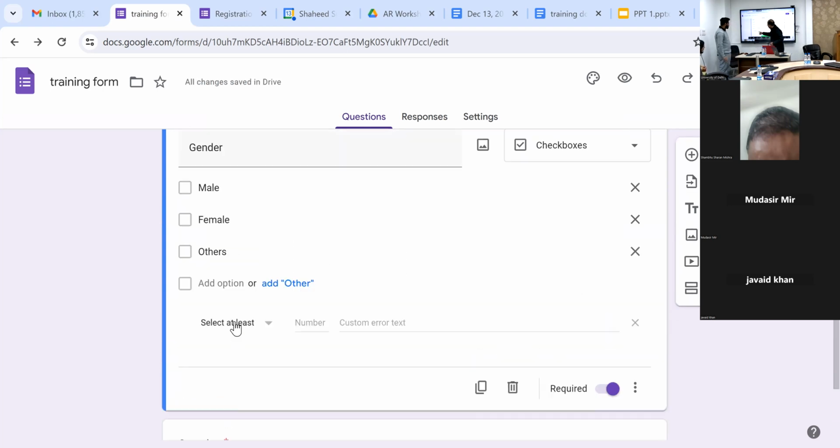Here we have the option. सेलेक्ट एटलीस्ट कितना, एटलीस्ट कितना सेलेक्ट कर सकते हैं, लेट्स से आपको एटलीस्ट 2 ऑप्शंस सेलेक्ट करने हैं तो एटलीस्ट दे सकते हैं, इसमें सिलेक्ट एटमोस्ट कर सकते हैं, तो यहाँ मुझे एक ही ऑप्शन चाहिए, या तो मेल सेलेक्ट करें या फीमेल सेलेक्ट करें या अदर सेलेक्ट करें, तो एटमोस्ट पे क्लिक किया, एटमोस्ट कितना 1, ठीक है, बस बाहर कहीं भी क्लिक कर दीजिए, अगेन यू गो टू प्रीव्यू।